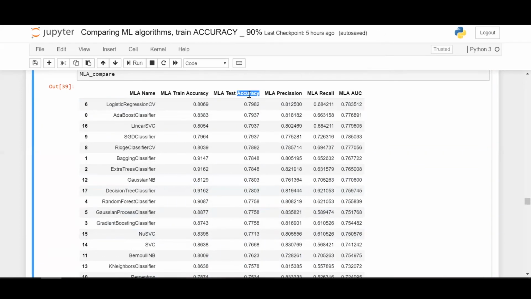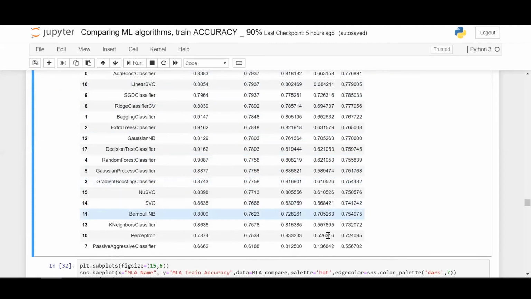So test accuracy is upon the data it has never seen before, and precision, recall, and AUC are actually really good metrics. I'd rather look at recall, because the recall values for true positives are really less. For example, if you look at the passive aggressive classifier, it's at 13.13.